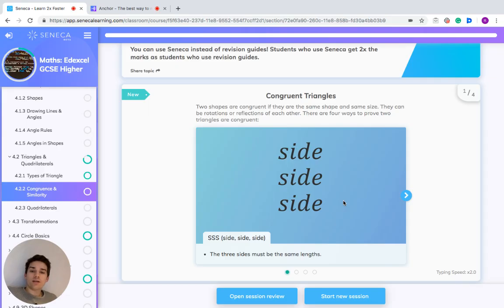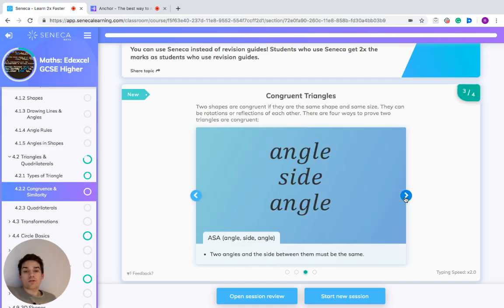The first one is the side, side, side, or SSS rule. If the 3 sides are the same length across 2 triangles or more, then those triangles must be congruent. Another way to work out if 2 triangles are congruent is if 2 sides and the angle between those 2 sides are the same, then the 2 triangles must be congruent. That's another way of saying side angle side,